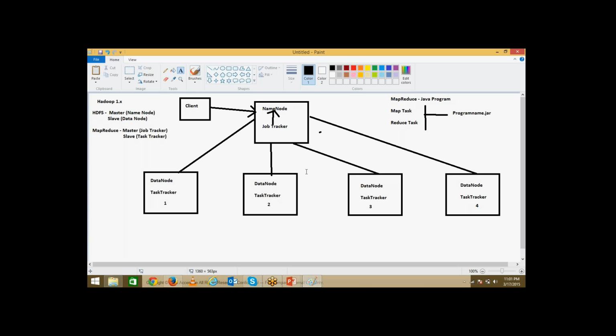After getting that file, task tracker starts the process. It will get the data from the data node and start processing it. It also has to give the status of those processes to the job tracker. Job tracker will be kept continuously updated with the status of the task tracker. If any task tracker fails,